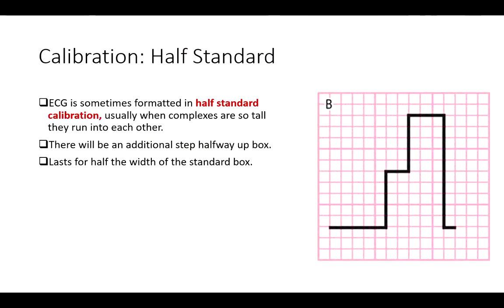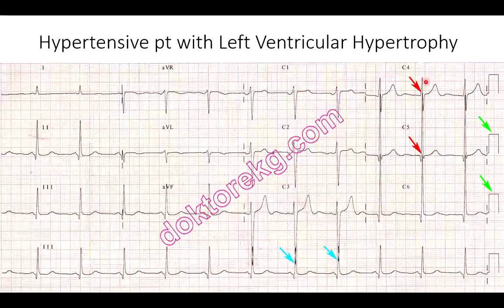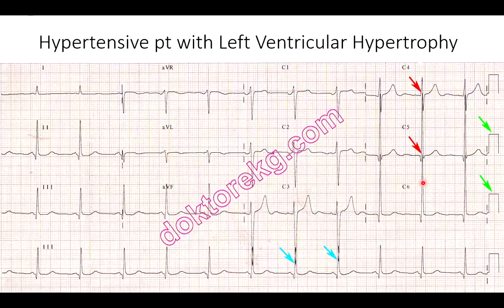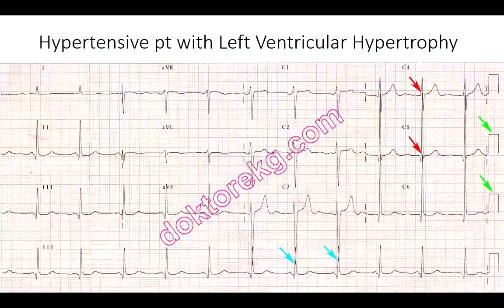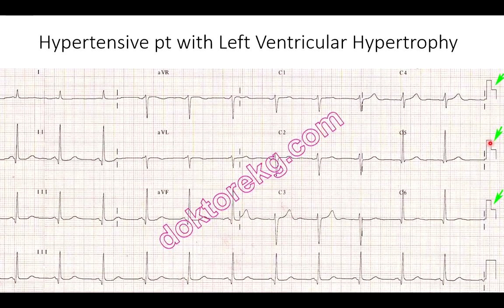So we have a lot of different ways that we could do this. Again, the half standard, which I talked about, this would be an example here where, if we had a full regular calibration, do you see how some of these leads, these ECG waveforms, are running into each other? So this would be a hypertensive patient with left ventricular hypertrophy. We're going to talk about some of the criteria of left ventricular hypertrophy in just a moment. But for now, I want to illustrate what happens when we create a half calibration. Do you see here now we took that same patient with the left ventricular hypertrophy and we, at half calibration, shrunk the